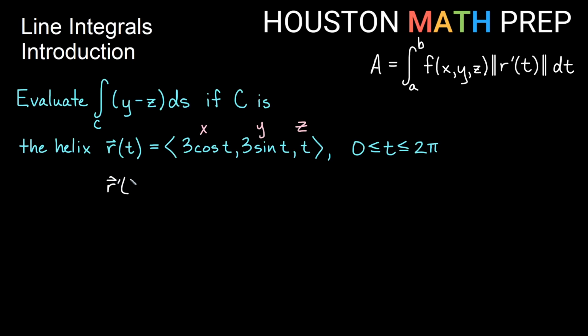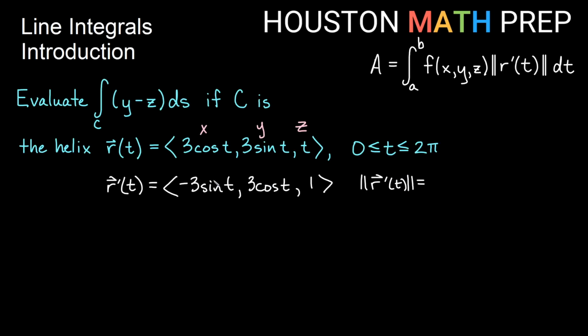So r prime of t is going to be, if I take the derivative of these, I'll get -3 sine of t. 3 sine of t becomes 3 cosine of t, and then the derivative of t is just 1. I already have my t-bounds. Those were provided to me, so that's nice as well. Let's go ahead and figure out the magnitude of r prime. So the magnitude of r prime of t,